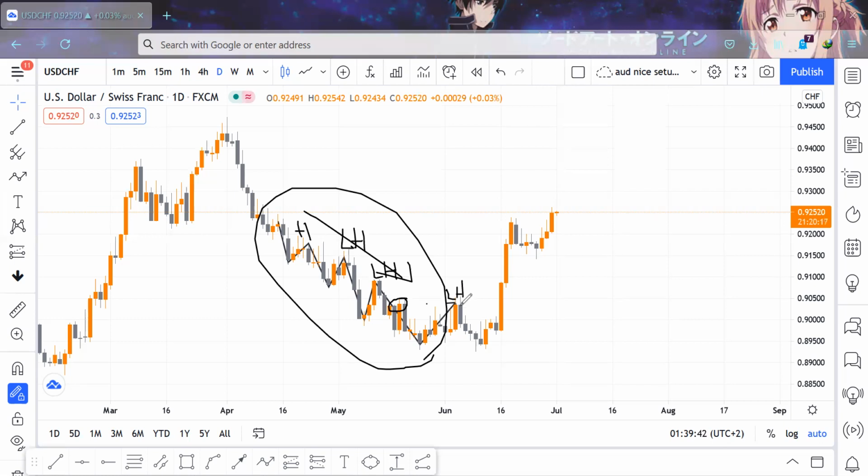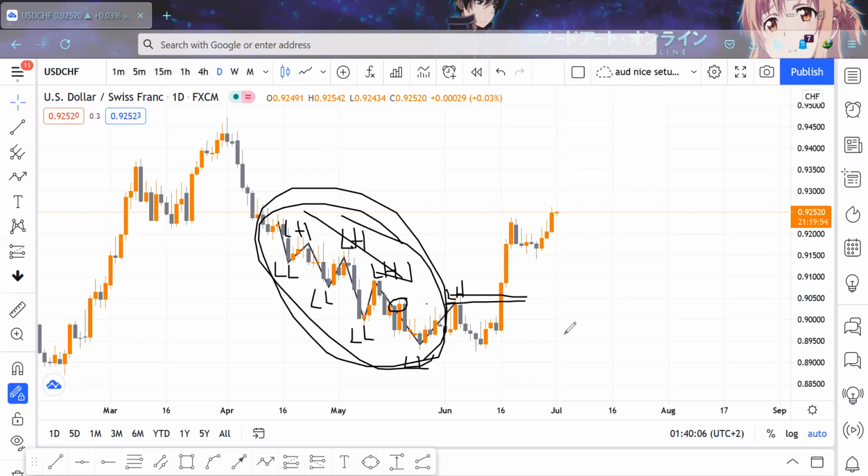Now, for us to say that this market structure has been broken, we want to see price break this lower high or this lower low. Remember that we were having lower lows below here. Do not forget that we were having lower lows as the market was moving to the downside,